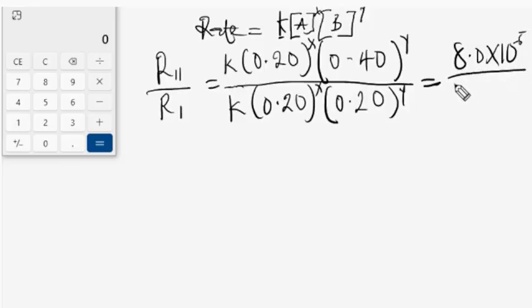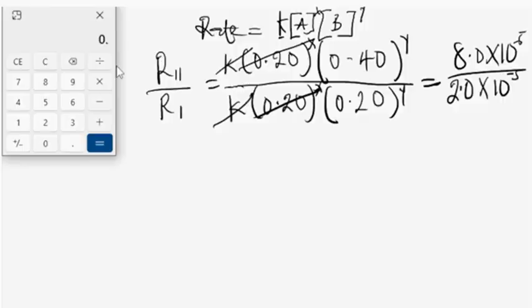So whereas rate 1 is 2.0, or just 2, times 10 to the power of negative 5. So guys, having written this out, k is out here, and then 0.20 to the power of x is out. So if we take 0.40 to the power of y and divide it by 0.20 to the power of y, we're going to have,